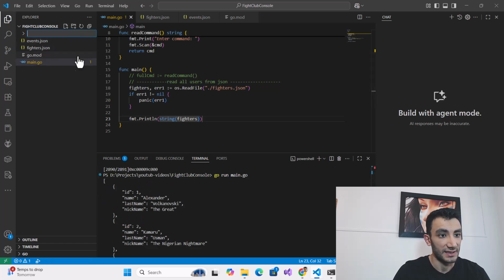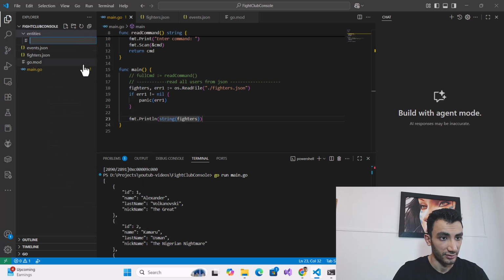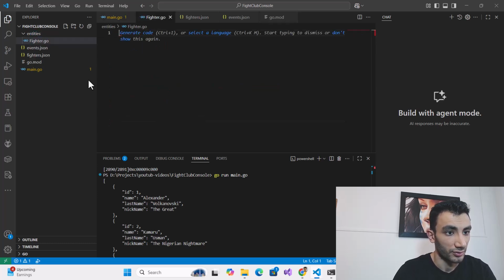For parsing that, I make an entities folder, and inside that we have a user or fighter, Fighter.go.